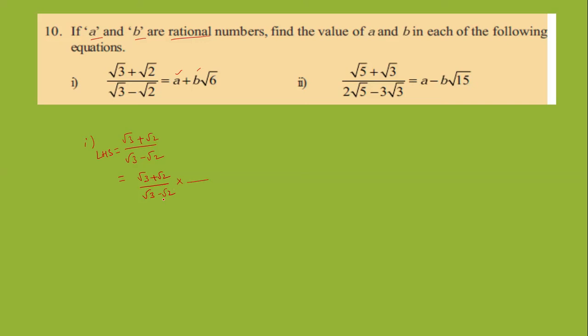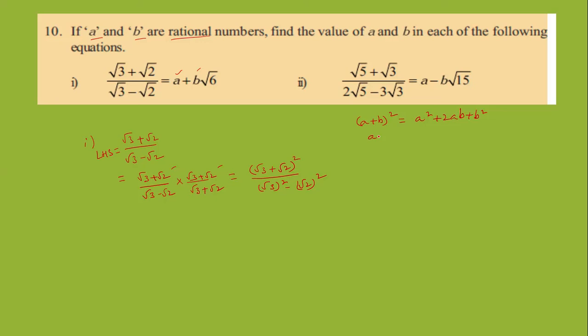First we rationalize them. Rationalizing the denominator. That means you may observe the denominator. What is in the denominator? Root 3 minus root 2. Simply you change the symbol between the two terms in the denominator. Here in the denominator it is minus, you put plus: root 3 plus root 2. Now you observe the numerator part. Root 3 plus root 2 into root 3 plus root 2, like A plus B into A plus B, that is (root 3 plus root 2) whole square in the numerator.